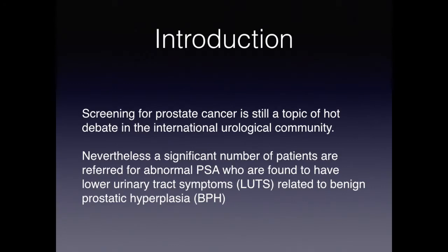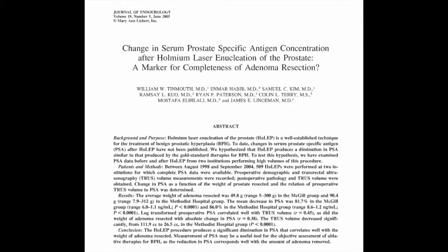Screening for prostate cancer is still a topic of hot debate in the international urological community. Nevertheless, a significant number of patients are referred for abnormal PSA who are found to have LUTS related to BPH. Since its first description in 1996, HoLEP is considered a method of choice to treat bladder outlet obstruction related to BPH. Numerous studies have shown that HoLEP produces a significant diminution of PSA, which correlates with the weight of enucleated